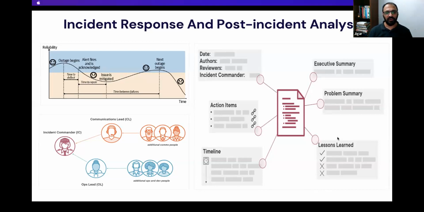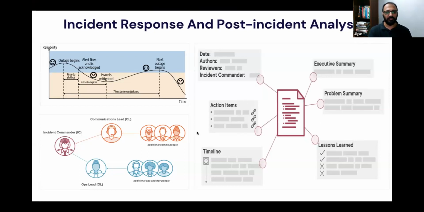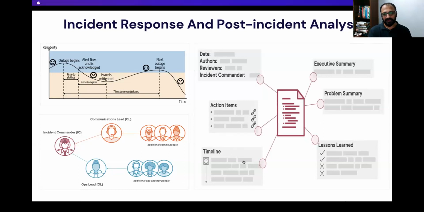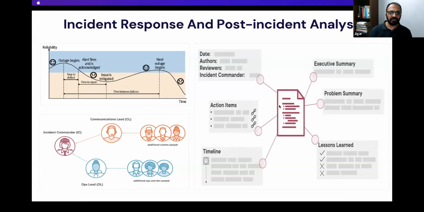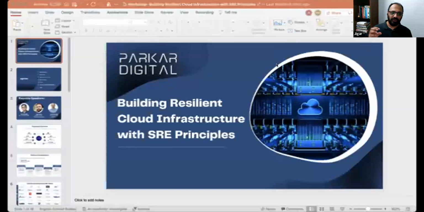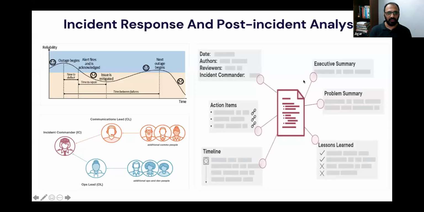One is the communication lead, who is responsible for sending out timely communication to the business users or business people, or required stakeholders who are the service line owners or the application owner. And you have the operations lead, who would work closely with the team and ensure that teams are able to collaborate on a call, on a swarm call. The terminology which is used is the swarm. In a swarm call, you will have all the users coming in and they start working on it. And the ops lead will ensure that there is smooth collaboration, smooth communication, sending feedback back to the incident commander,